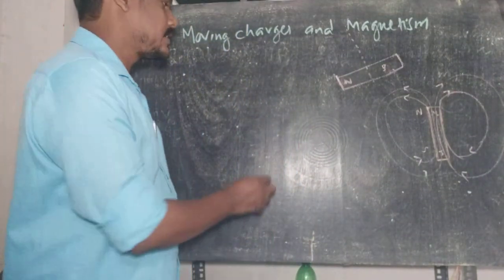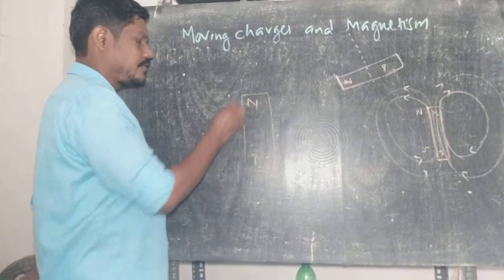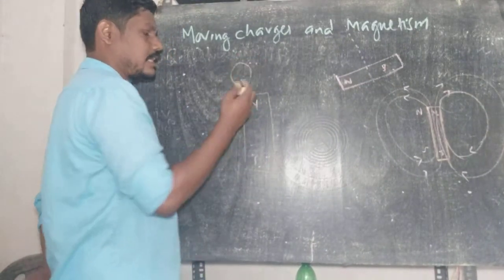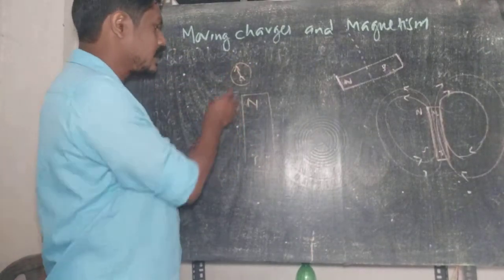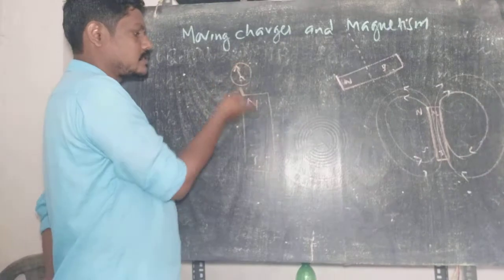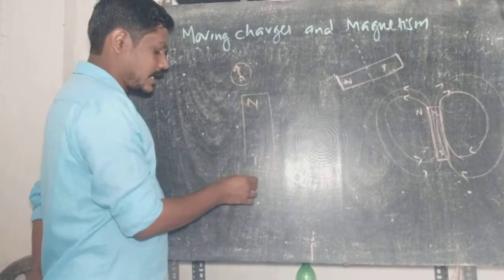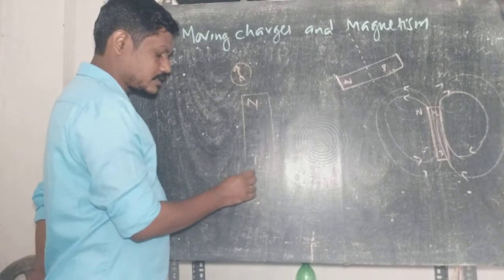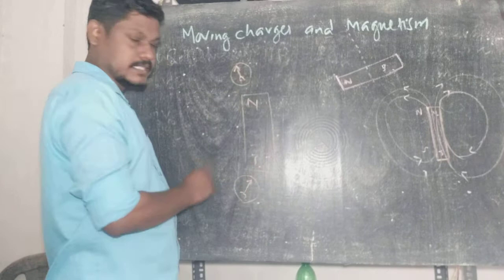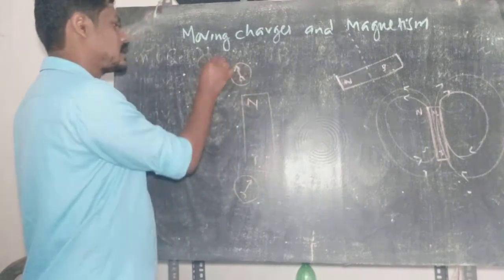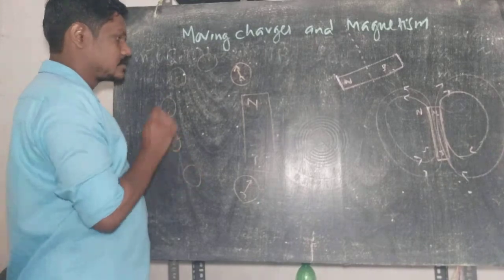Now, in the case of a bar magnet, north pole and south pole are there. If you place a freely moving compass with its north pole and south pole, it is seen that the north tip of the compass moves away from the north pole as they are repelling each other. And when we place that compass at the south pole of the magnet, what happens? The north tip is attracted toward it.